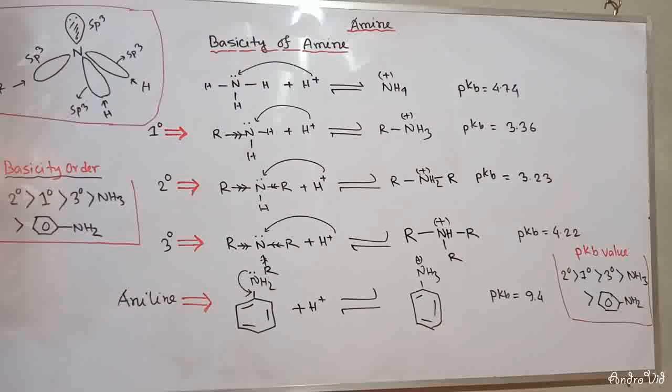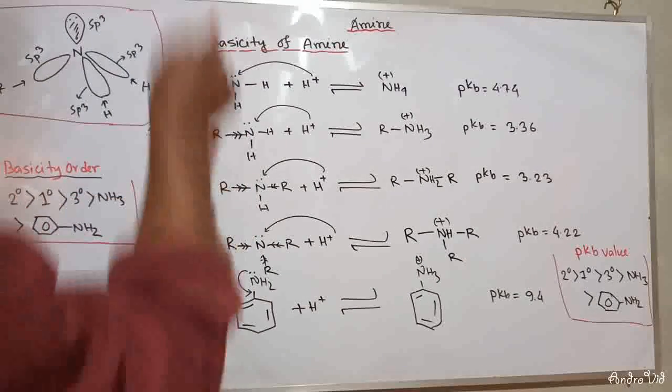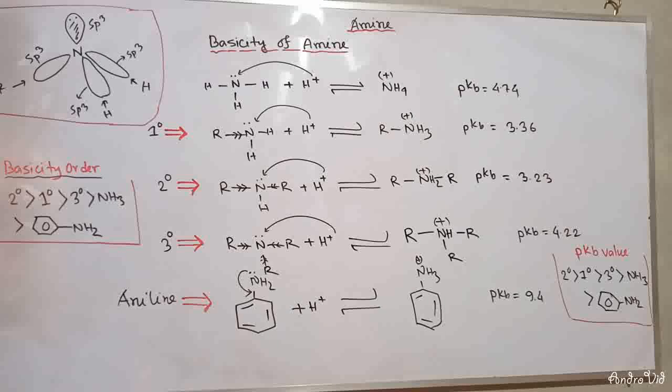For the first time, ammonia, 1 degree, 2 degree, 3 degree amine, and aniline, all of them contain a lone pair of electrons, as they contain a nitrogen atom. As they all contain a lone pair of electrons, they all should receive a proton. As they all receive protons, you can easily say they all have basic character, right? Now I would like to determine the basicity order, which one has greater basicity. In case of ammonia,